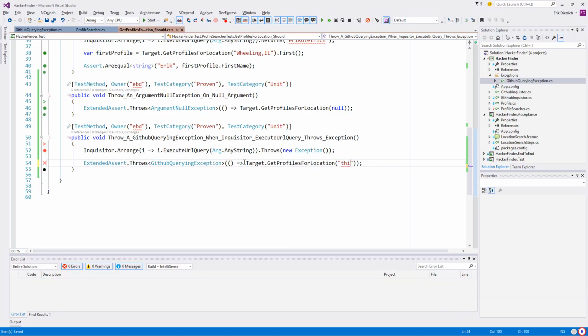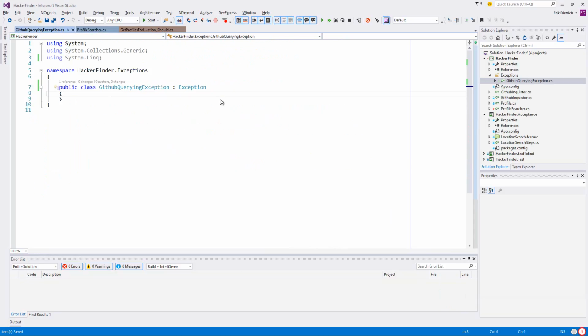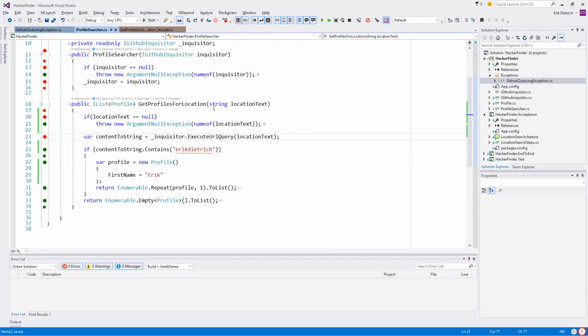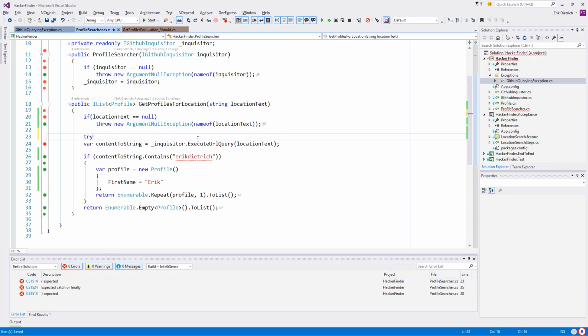I like to be a little bit more deliberate. And we're failing. Fine. And the reason we're failing is because there's an exception that's happening here, and we're not handling it.